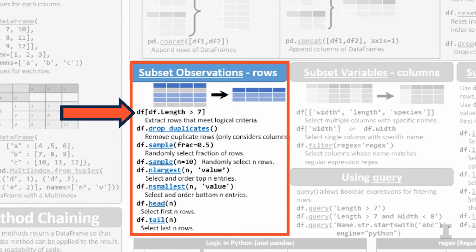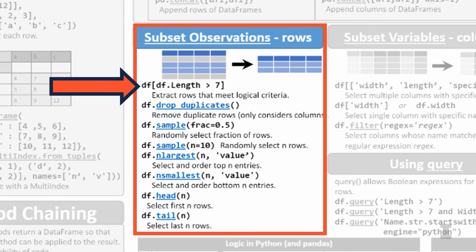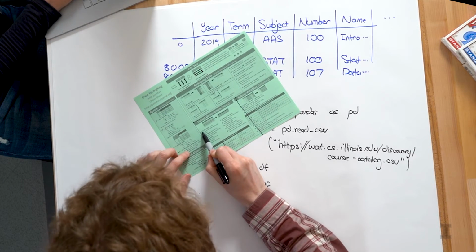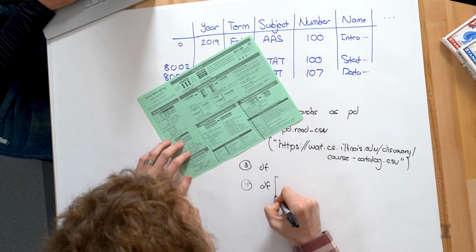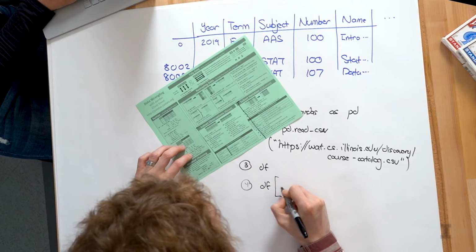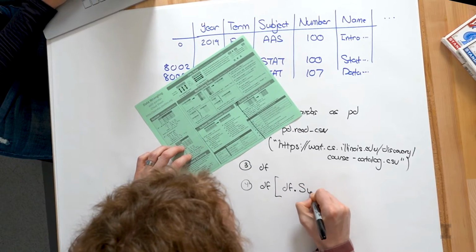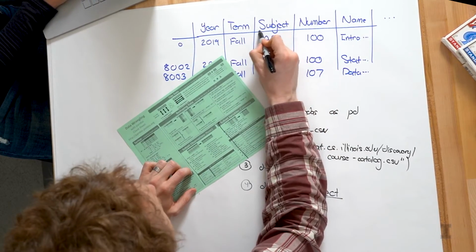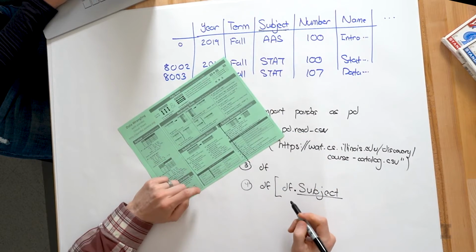Awesome. So to do that, we can look at the cheat sheet and we can see that the very first thing on the cheat sheet says extract rows that meet a logical criteria. So we're going to dive into what that logical criteria is more later in this series. But to answer Carly's question, we can simply say in our fourth cell, we want to look at the data frame and then we're going to follow the syntax. So the df, then we're going to open a square bracket, and following the syntax here, we have df.subject, and we include subject here because we need to match what we want to search for as the name of the column header, the variable name.